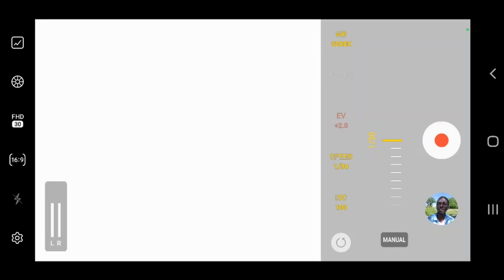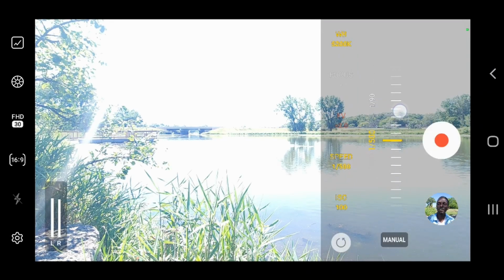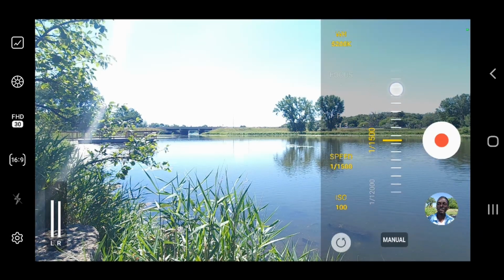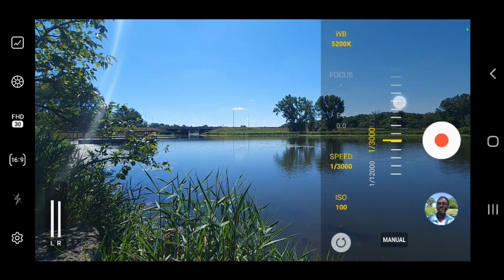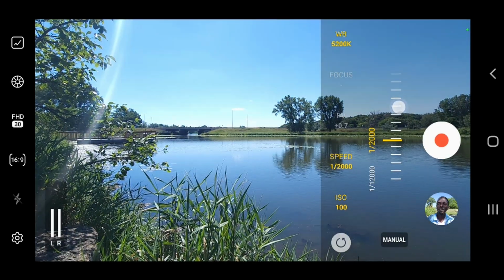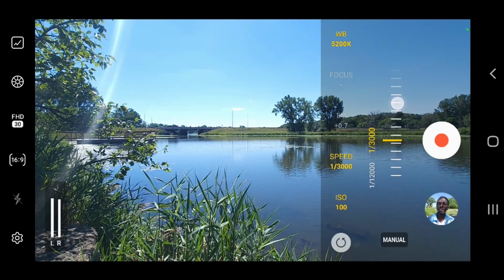At 1/30th of a second, you're overexposing your scene. However, you can go on changing that until your scene is properly exposed, depending on what is taking place in your scene. So in this case I will go with